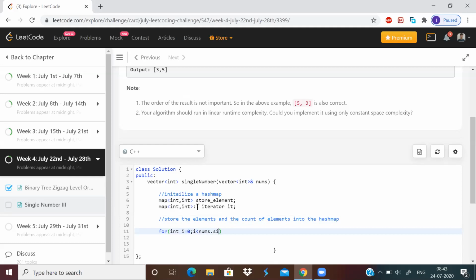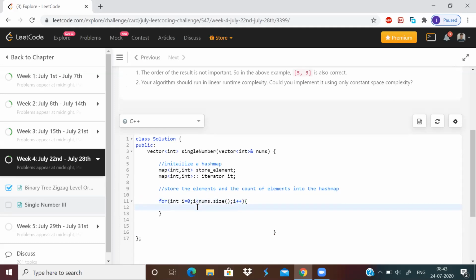So for i less than nums dot size, i plus plus, right? So it is equal to store elements of nums of i.